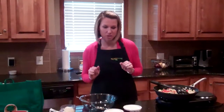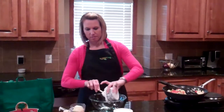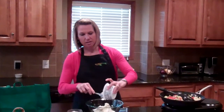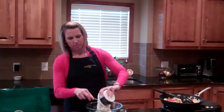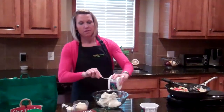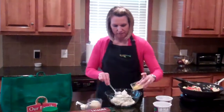So while our vegetables continue to simmer, I'm going to prepare our cheese mixture. So we're going to combine two 15-ounce containers of part skim ricotta cheese. And this will just add a great creamy taste to the lasagna. And using part skim ricotta will help bring down the total fat in the recipe, but still give it a great flavor. Now we're going to add 2 eggs,